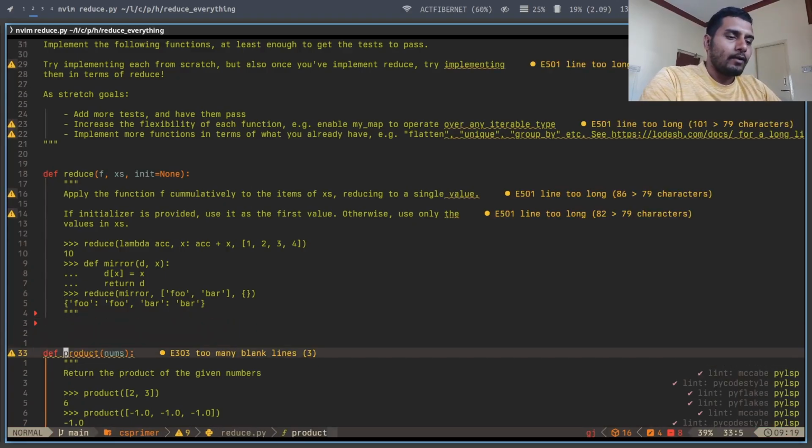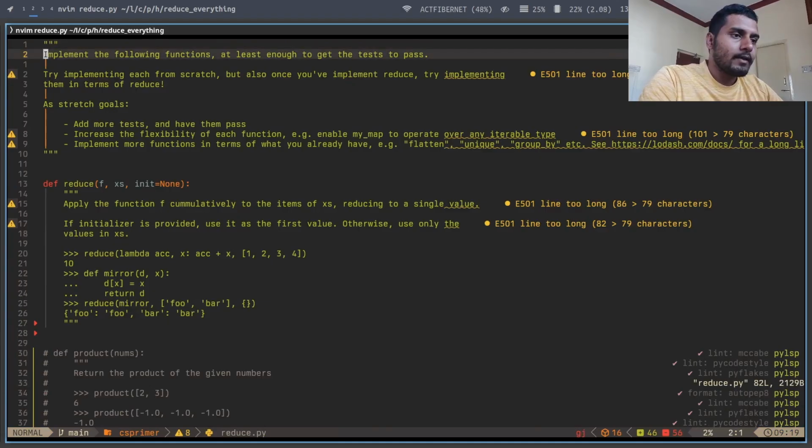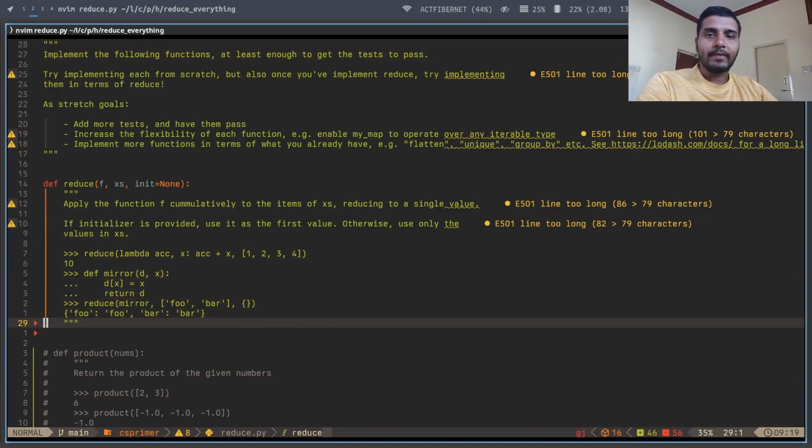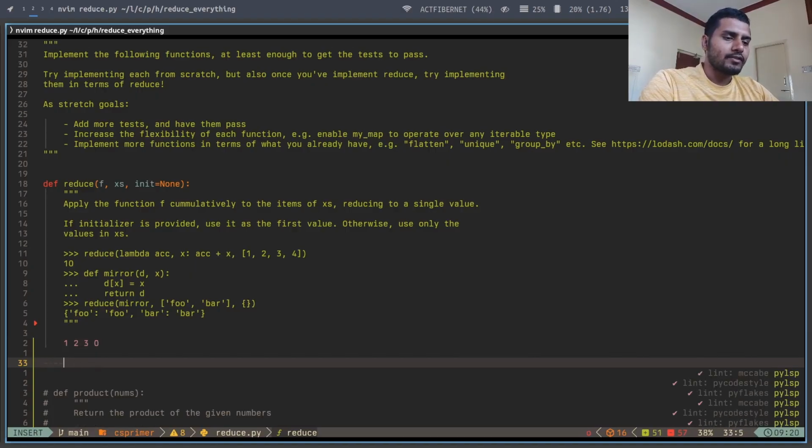I'm going to comment out all these functions, and again, do them one by one. Before jumping into reduce, let's just take a simple example of adding numbers. If you add 1, 2, and 3 with init as 0, the structure looks like this: innermost is 0, plus 1,